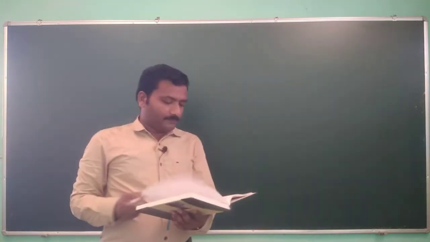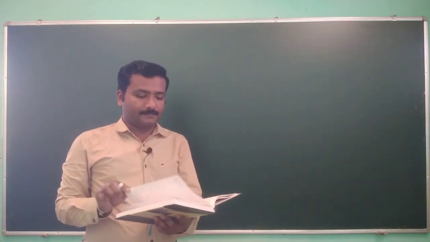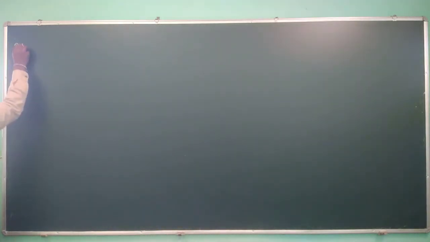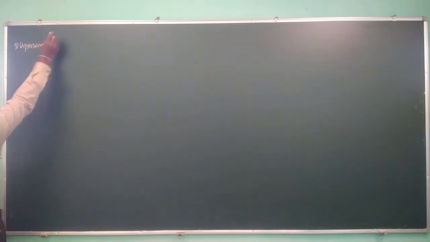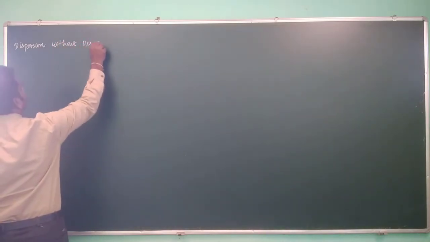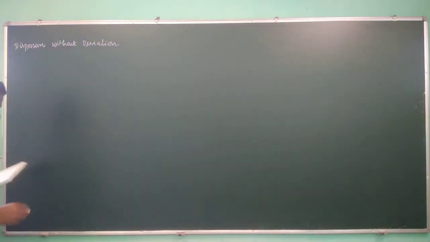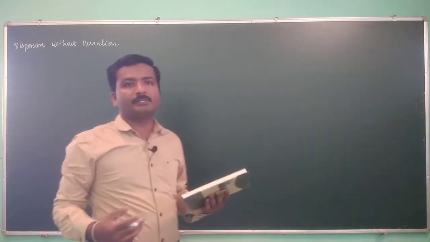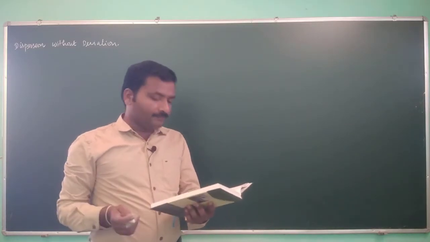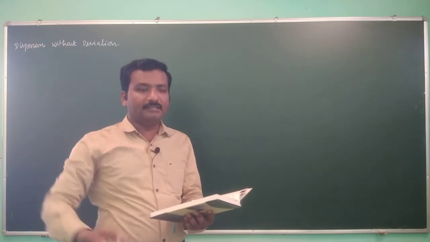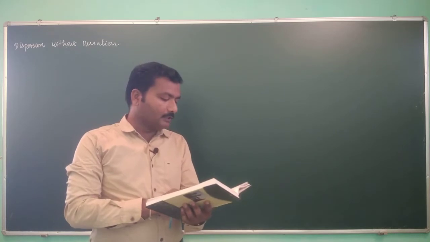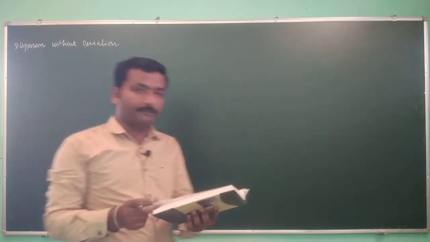In the previous topic, we discussed deviation without dispersion. In this topic, we will see dispersion without deviation. Earlier we imposed the condition that the total angular dispersion of the composition is equal to 0, and we obtained the equation for delta. Now we are going to apply the condition that the total deviation delta is equal to 0, so that we obtain an equation for the total angular dispersion theta, right?